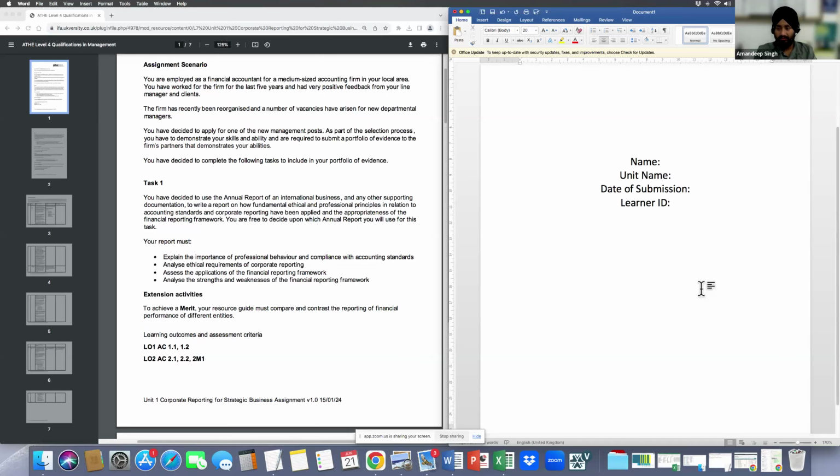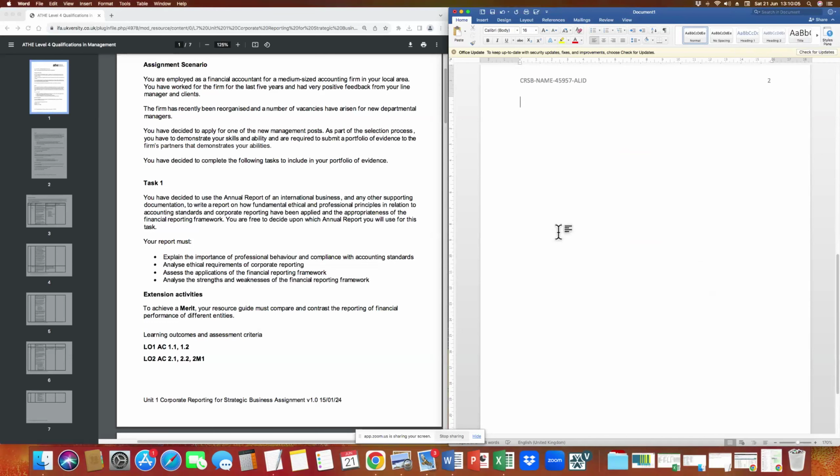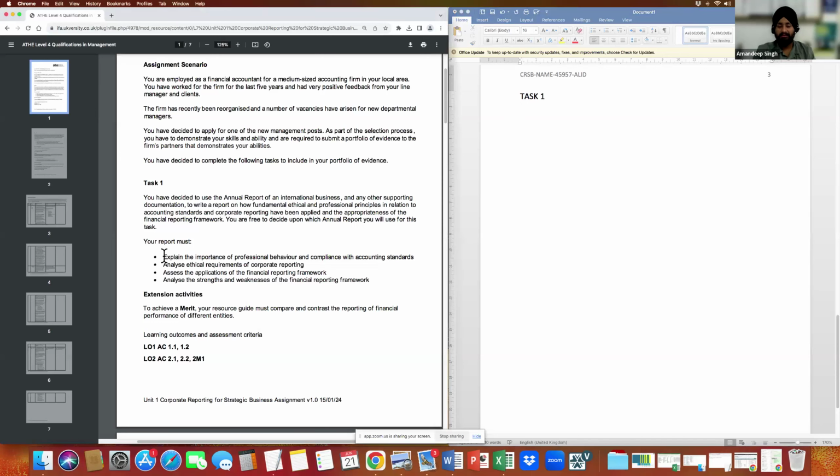As your first page is done, you will go to the second page. This you will leave blank. Why would we leave this blank, guys? Any guesses? So that you can write the table of contents there once you complete it. Amazing. And then from the third page itself, we will start the assignment. This is a pretty basic thing, but I'm explaining just in case.